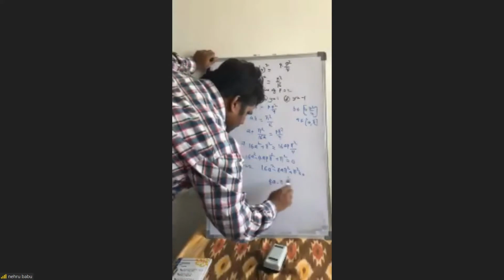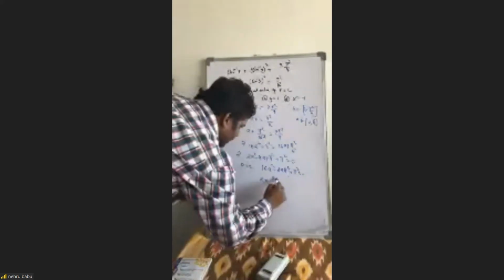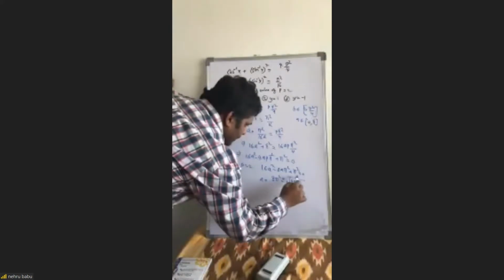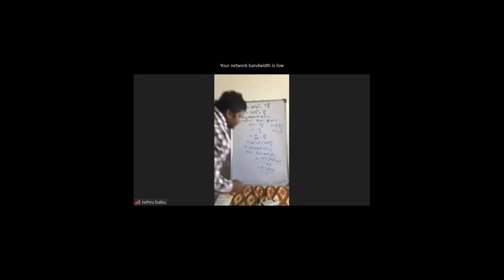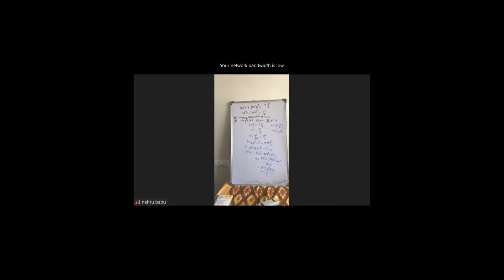Because that is pi square also. Yeah, so a equal to 8 pi square plus or minus root of 64 pi power 4 minus 64 pi square, by 2 into 16. So in this case, we are getting the answer pi square plus or minus root of pi power 4 minus pi square, by 4. Coming as 4.8, sir. The pi plus root, and pi minus if you take. Sir, if one value is a, the other value is b, no, sir.